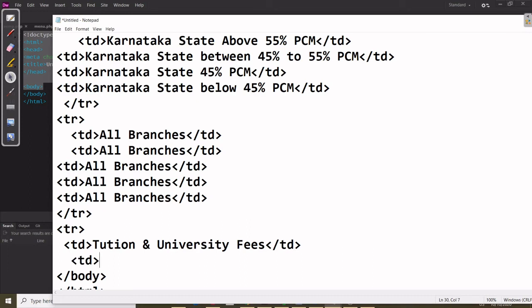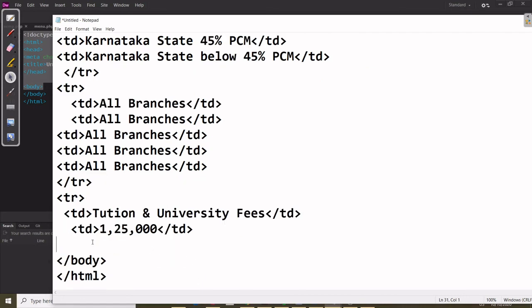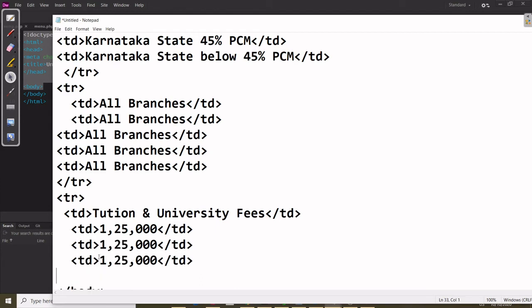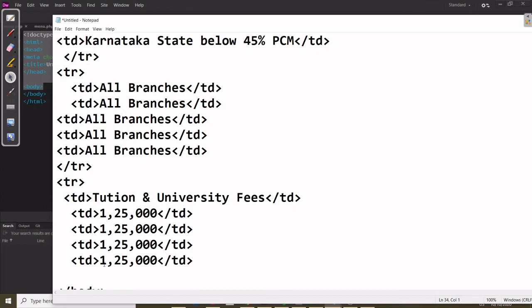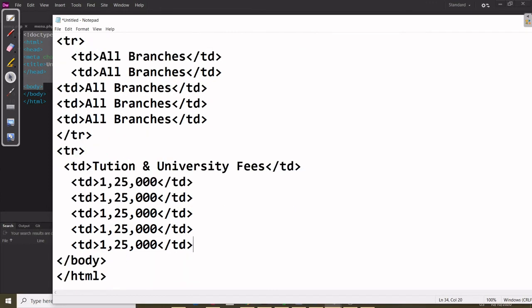TD, write some amount, 125,000, closing the TD, okay. If you want a comma or designing, whatever you want, you can do it, not a problem. So this one is done. 2, now the total 6 we want, 1 2 3 4 5, and this is the 6, okay.